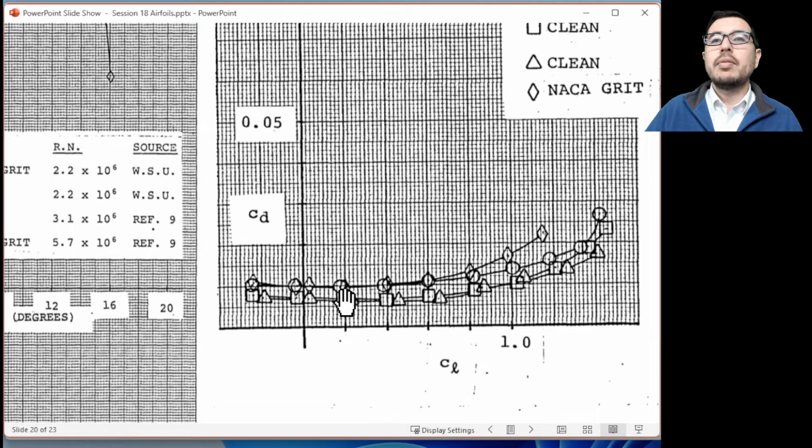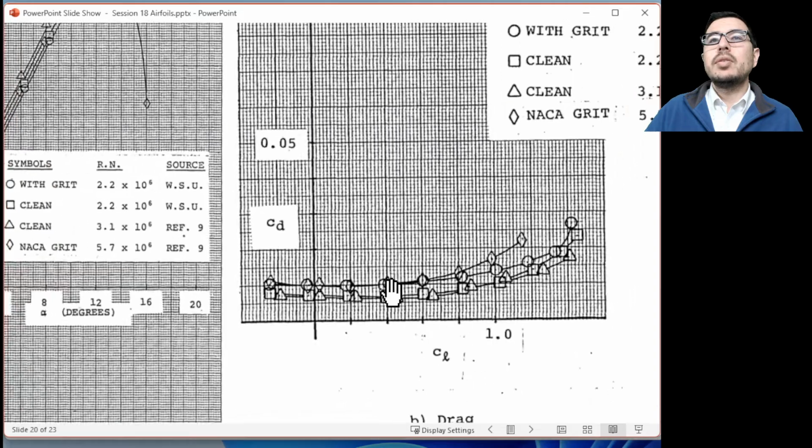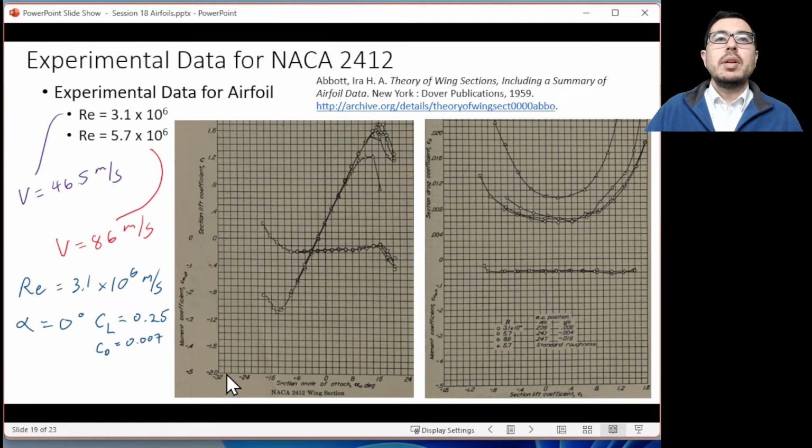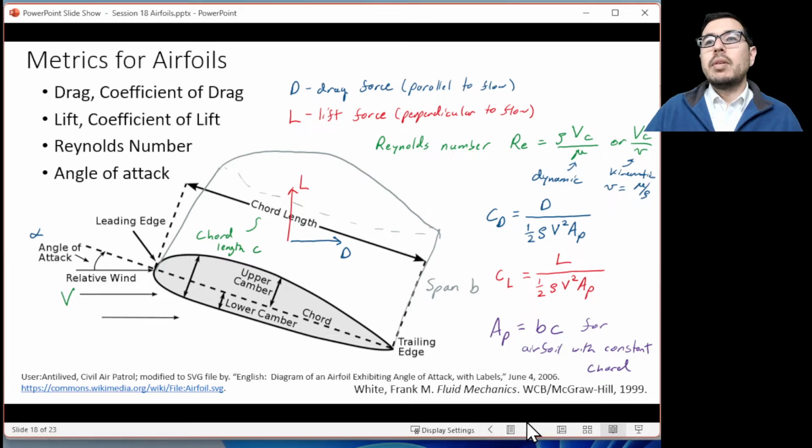Because it's kind of almost halfway in between 0.005 and 0.01, okay? And so that's what we're going to call it here, the Reynolds number of 2.2 million. The associated velocity is 33 meters per second, okay? And that's based on calculating the Reynolds number with, where do I have the numbers here? Maybe I don't have the numbers here, but